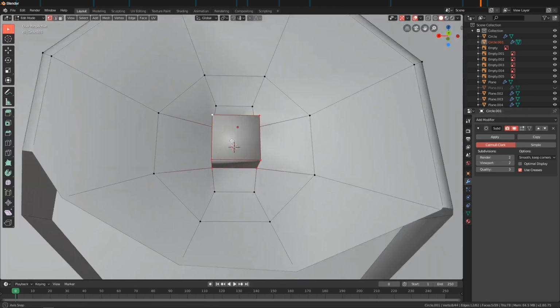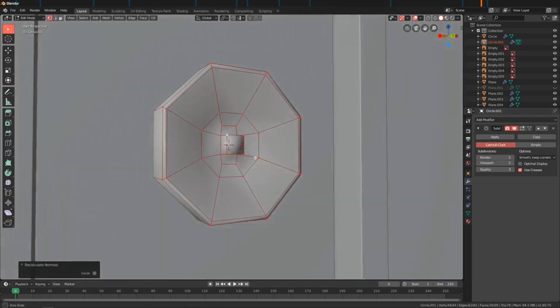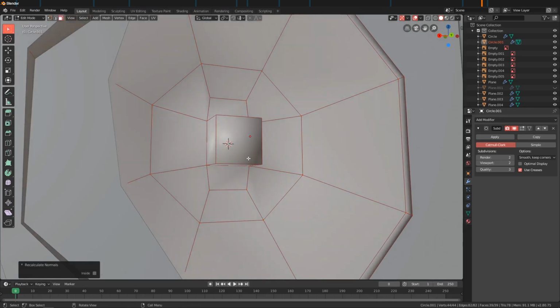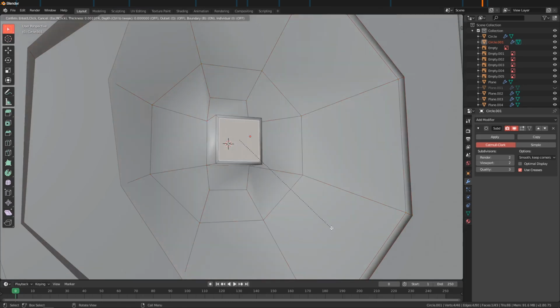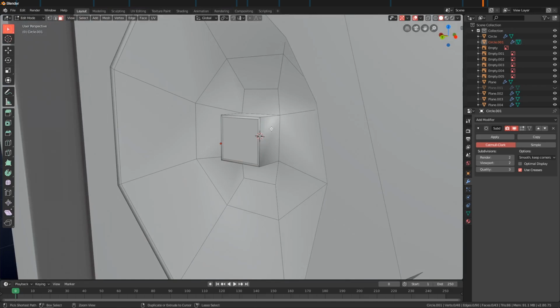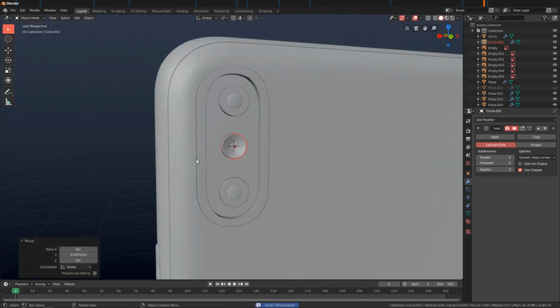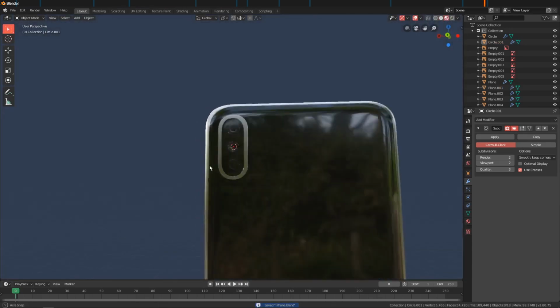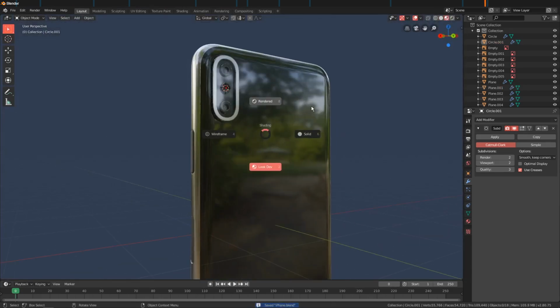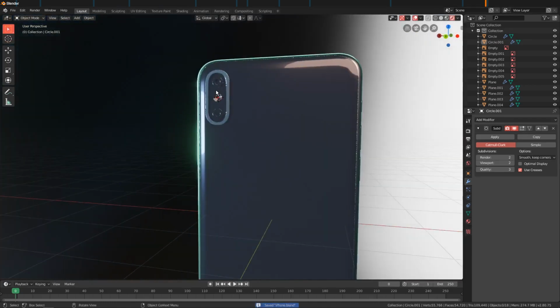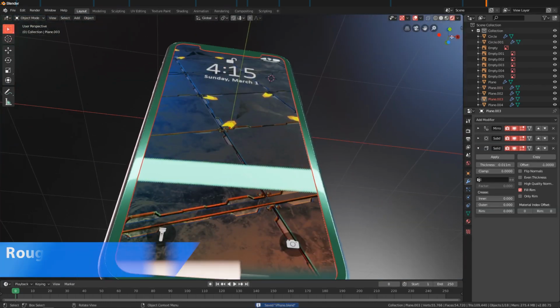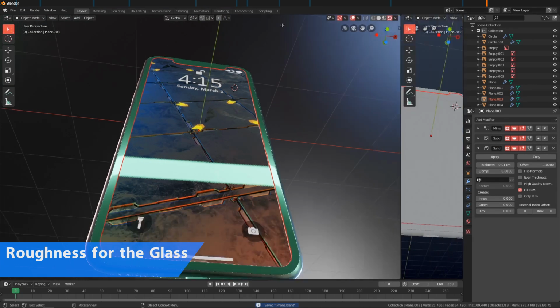Tab. I'm going to select everything and Shift N. Let's go I to inset this. A loop here and a loop here. So now Alt H, look dev, rendered. Looks pretty nice. What you can also do is go into the shader editor